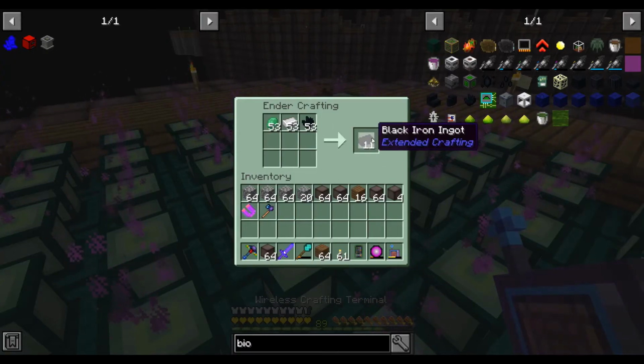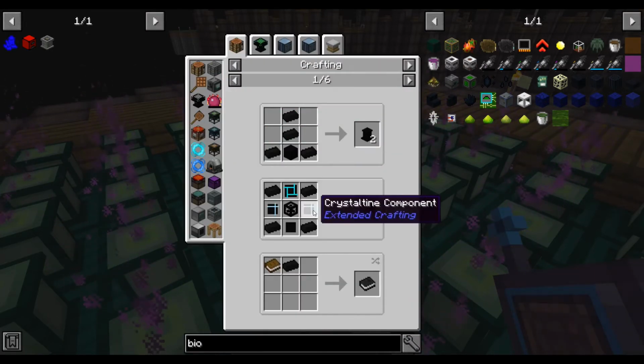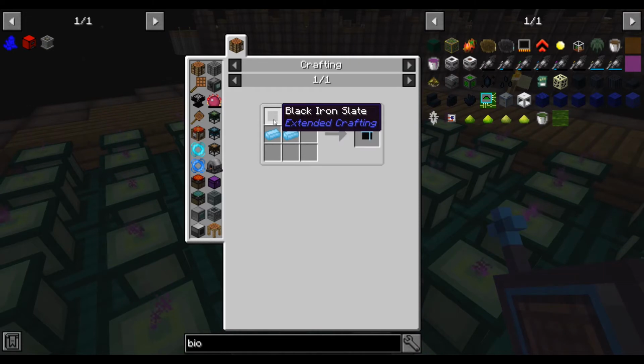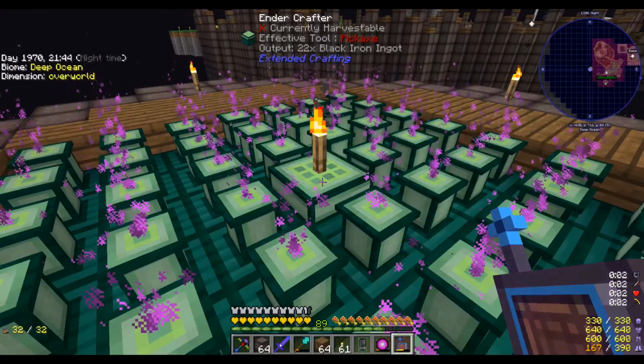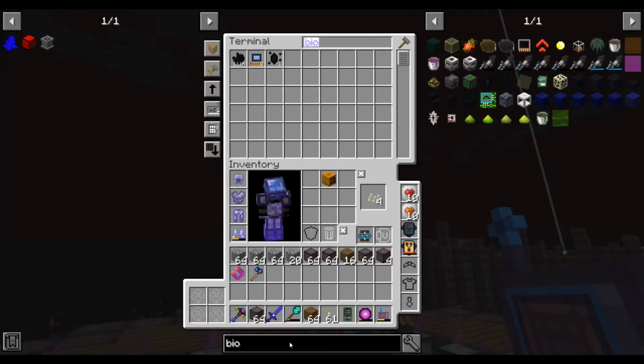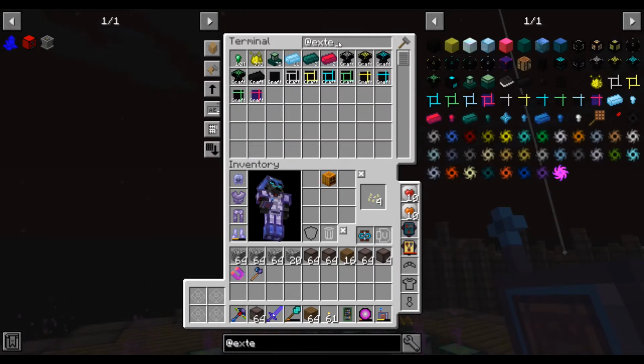And this is the main crafting, I think, that you use to make all these crystalline components. So you need 2 black iron to make the slates. Okay, so not there. Here. So you have it set up to autocraft already, right? But